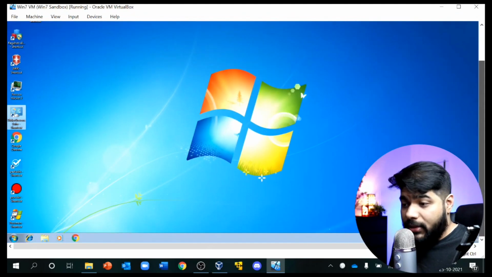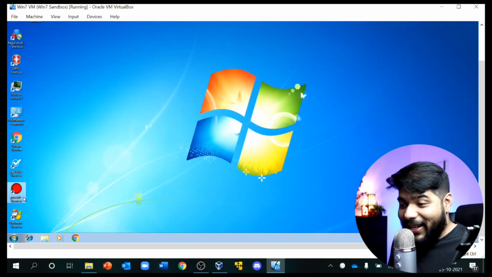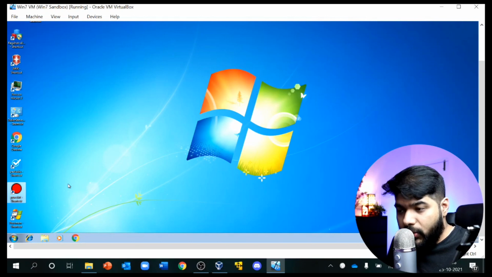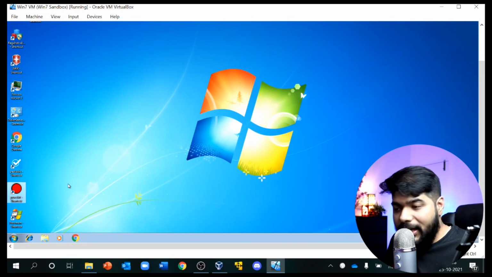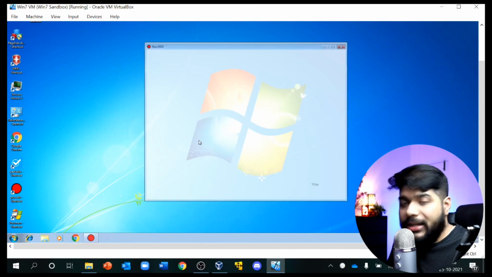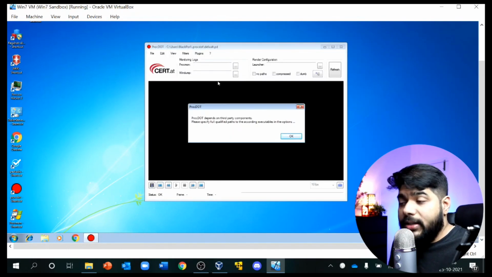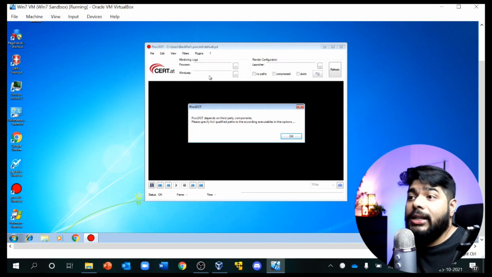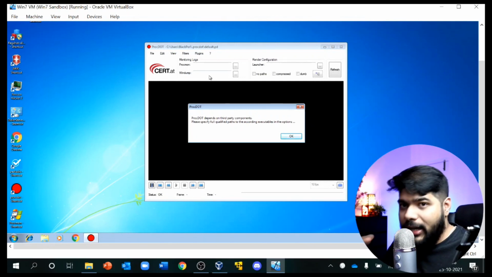And next, I can see ProcDot. Okay, once you detonate the malware, ProcDot is a tool which can give you a full-depth graphical interface. That's the beauty of the tool. I don't want to run it as of now because I don't have any malware sample to show you guys. But once you have collected the evidence from Procmon, Process Hacker and WinDump, okay, WinDump means Wireshark, it will help you create a full-depth network graph, like where it happened, how the malware has been propagated and all those things.